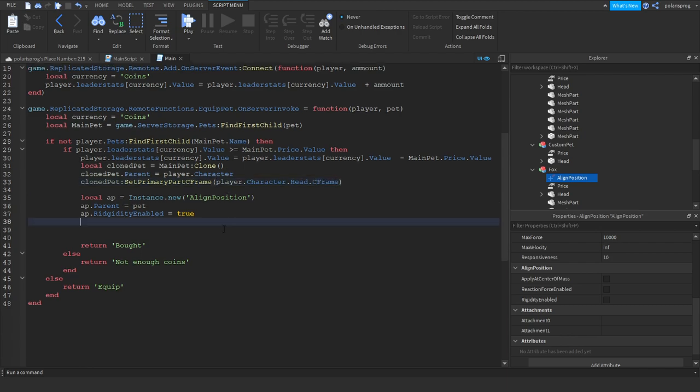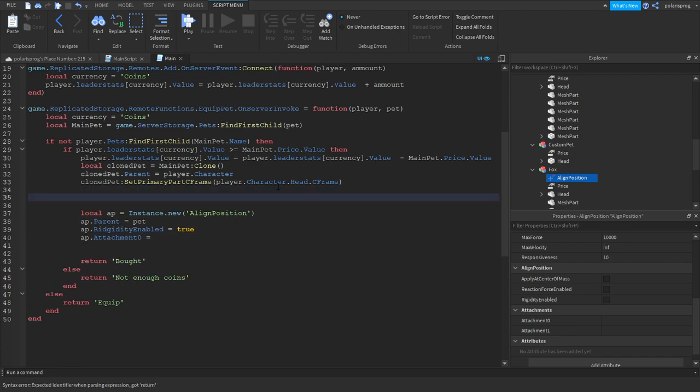and we're going to create the align position. We're going to set its parent to the pet, or just say enabled, and then we're going to do ap.Attachment0 is equal to, and in here we're going to create an attachment. So local atPet is equal to Instance.new, and we're going to create an attachment again, and we're going to parent it to the cloned pet,